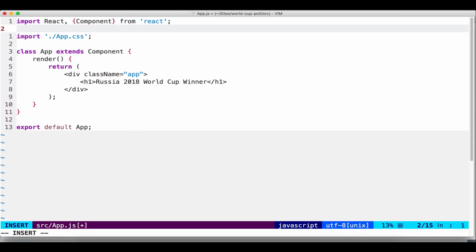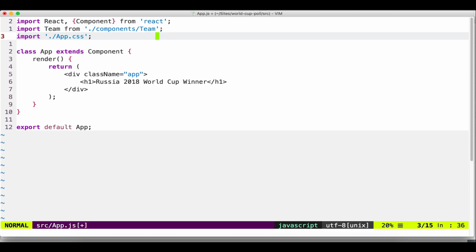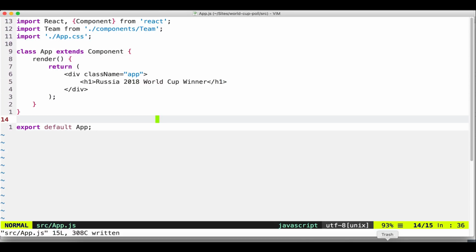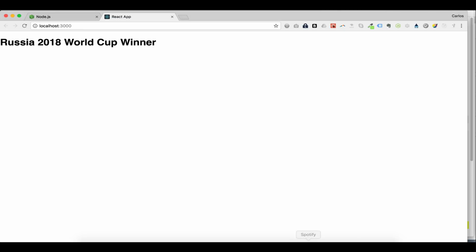Here we need to import team from components team, just like that. So this dot means that it should be in the same folder of this file, and let's see. Okay, no error, so